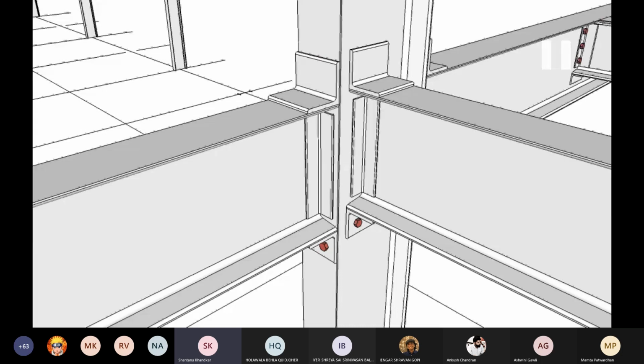They are placed, and after they get placed, these connections can be made. The bolts and the welds can be made. So you can see that first I have the seat cleats placed on the column. Then the beam comes and sits on those seat cleats, and then the bolting is done. Obviously, this is done in the field, at the place where it's supposed to be done. That's why it's an easier connection to make.